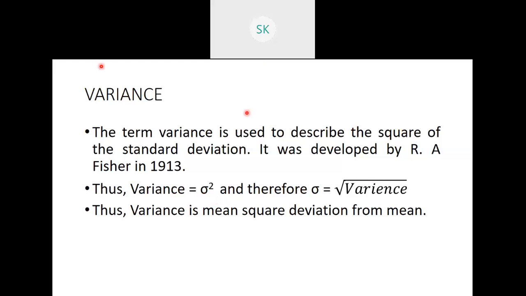Okay, now in this, we are going to consider the standard deviation and then just square it. Once we square it, we will be able to find out the variance. This is also another measure where we will have to solve problems. Thus, variance is equal to standard deviation square. If you know the standard deviation and want to find the variance, you just square the standard deviation and you'll get the variance.